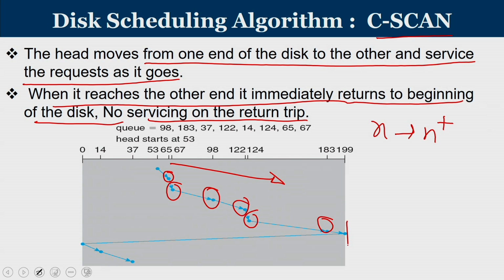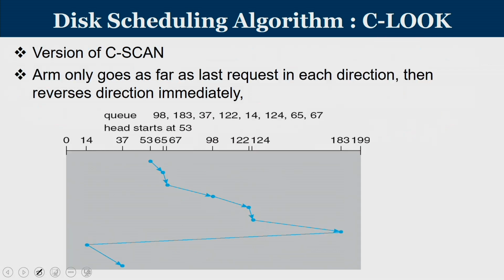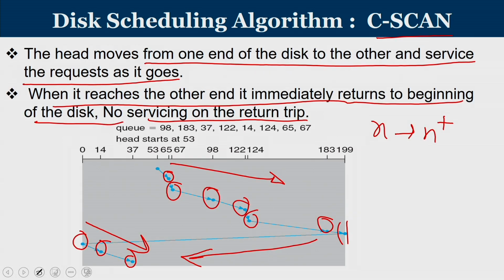Then I am going and hitting this end. Once I hit the end, you take a full retrace, come back to 0. That means on the return trip, I am not servicing. I always service when I am moving from inner tracks to outer tracks. So, this 14 and 37 will get serviced during this stage. So, here you have two U-turns that happen, but during this direction movement there is no servicing. So, I can move at full speed. One of the drawbacks in this case is you need to touch the extremes.